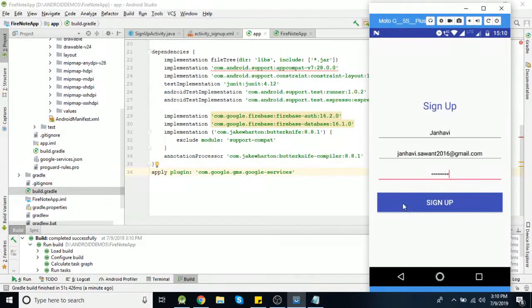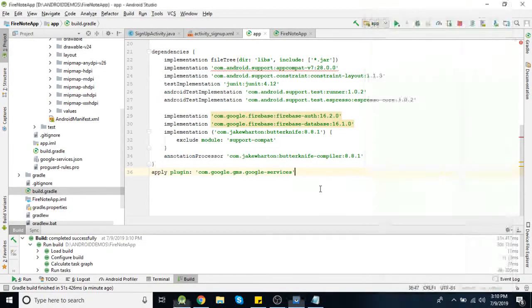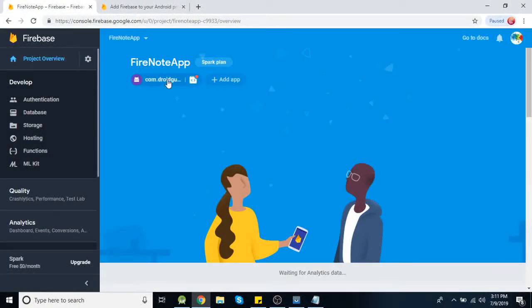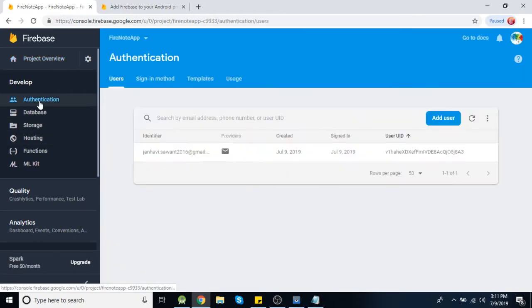Okay. Now let's check the Firebase dashboard. This is the project we already created. If you go to this tab, Authentication, then you can see the user here. So I registered my user with this email ID.